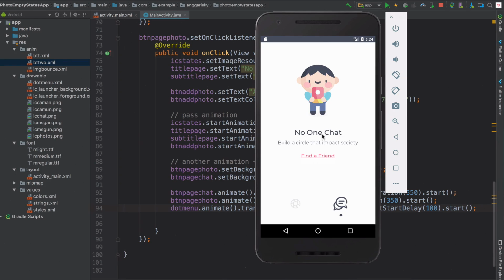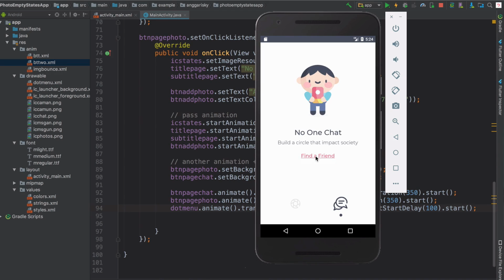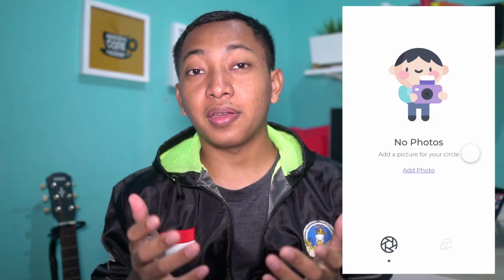My name is Angga Rizky, and now we're going to learn how to design and how to code for Android development. In this video, we're going to prepare the user interface design for the photo sharing application, because maybe in the next video we'll try to build the photo sharing application. Right now we have to prepare the very first design for the Android application. I have been designing in Adobe XD, and you don't have to worry. Just download those assets in the video's description, and after that we are good to go. Okay, let's get started.